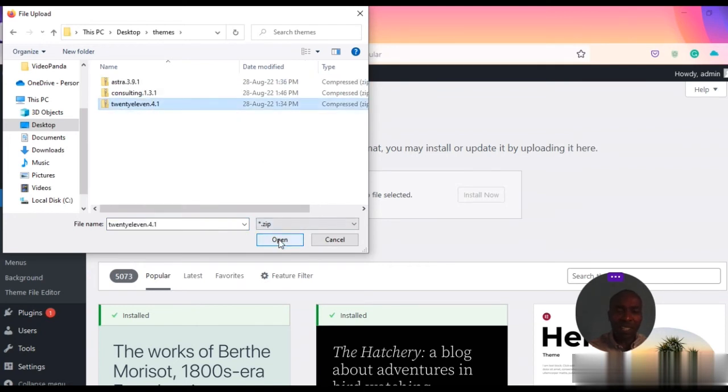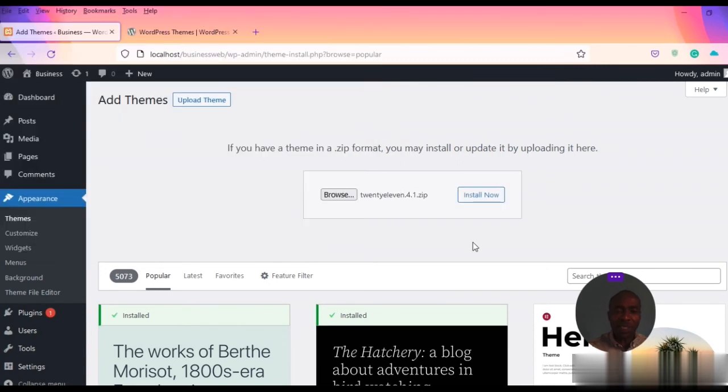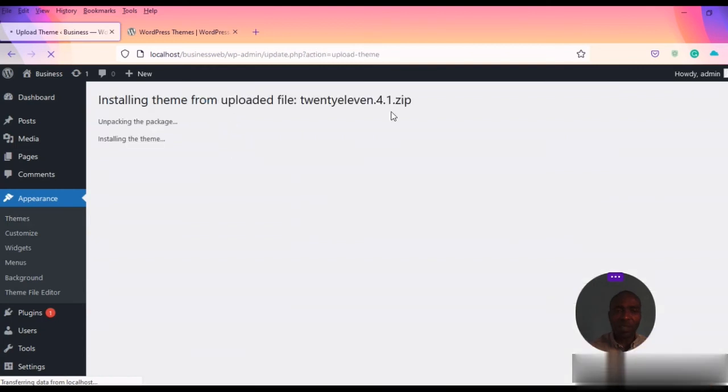I click this and open, then say install. Now installation started going on. Okay, installing theme from uploaded file. Okay, so activating theme. If I want to activate the theme,